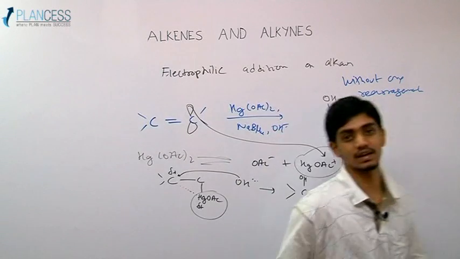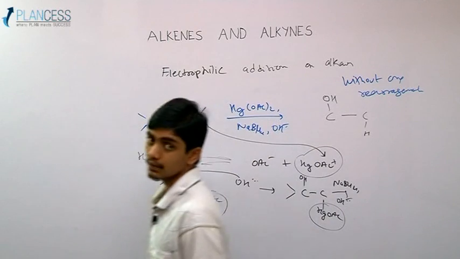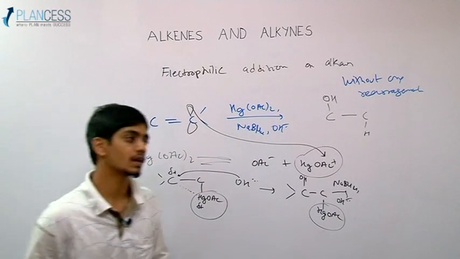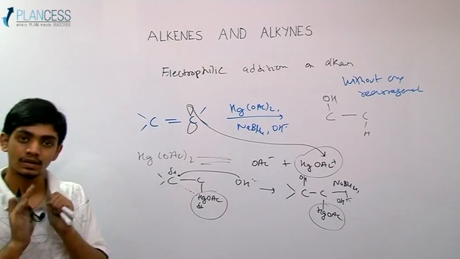This undergoes radical intermediates, and hence the whole of the stereochemistry is scrambled, and we don't get a particular